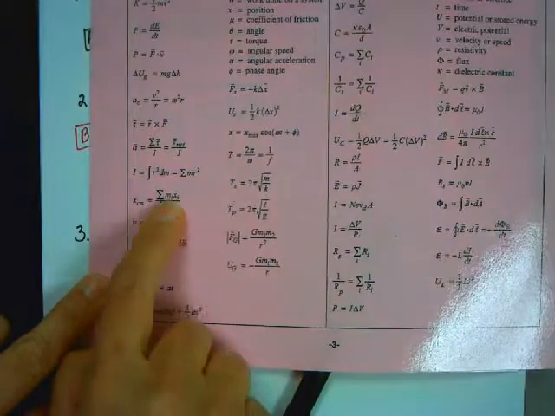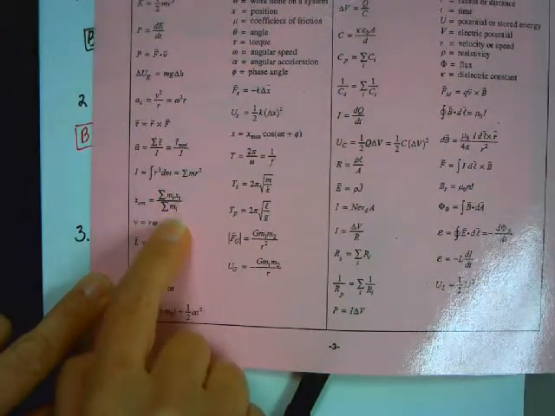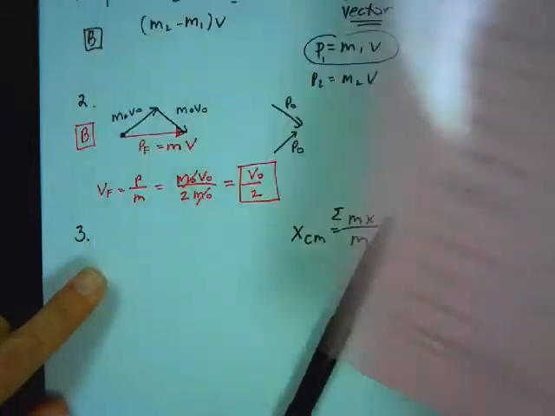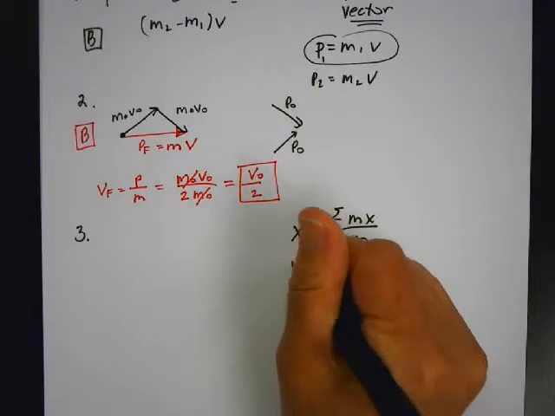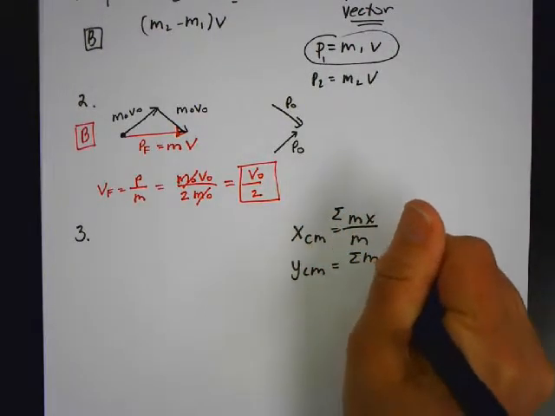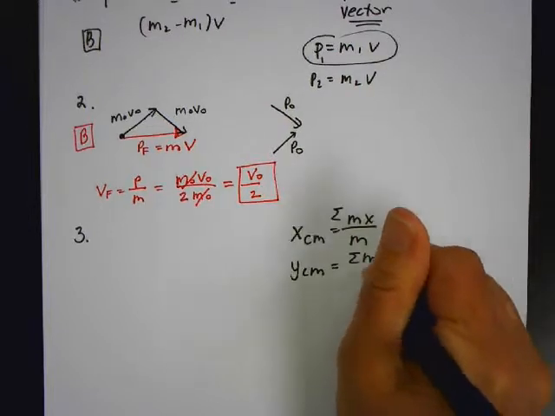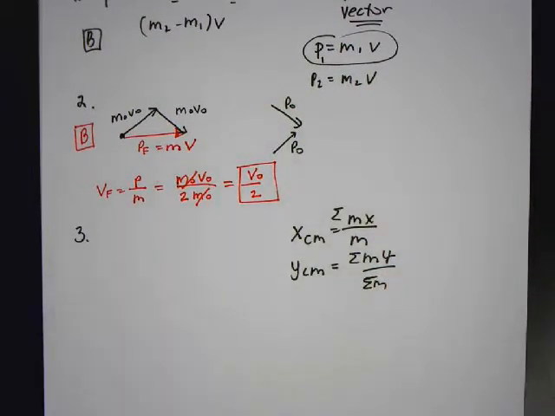XCM is adding up the masses times the distance from whatever your frame of reference is over the total mass. Now a lot of times on the AP exam it's going to be x and y. So then you're going to have YCM is equal to the summation of the mass times the y distance over the total mass. So when we go back to this picture here,